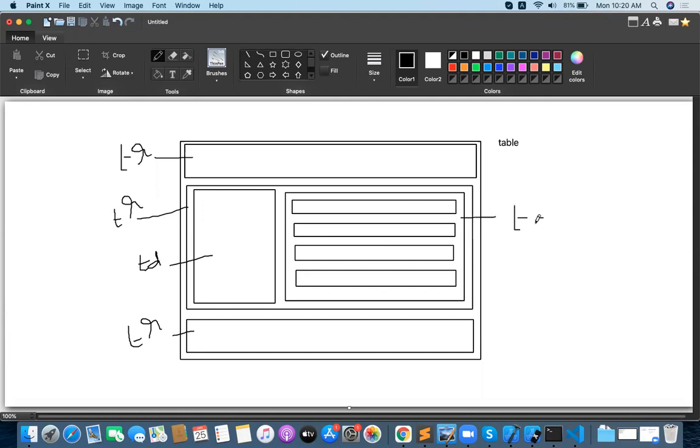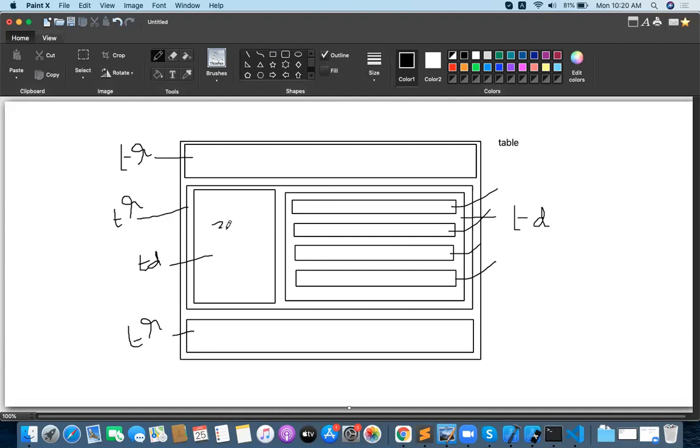Inside this td, if you want, you can take paragraphs like this: one, two, three, four. How can we assign the percentage for the column? I will give you the column percentage.